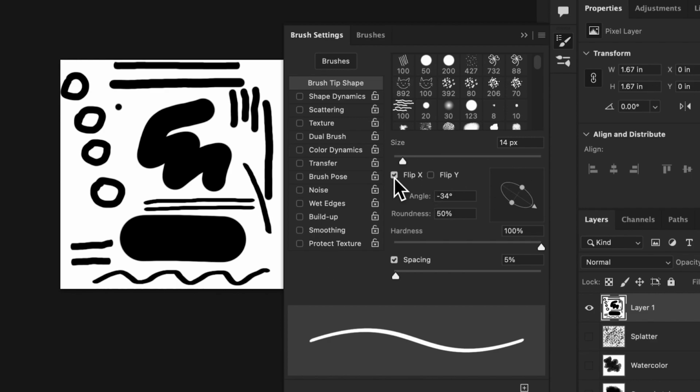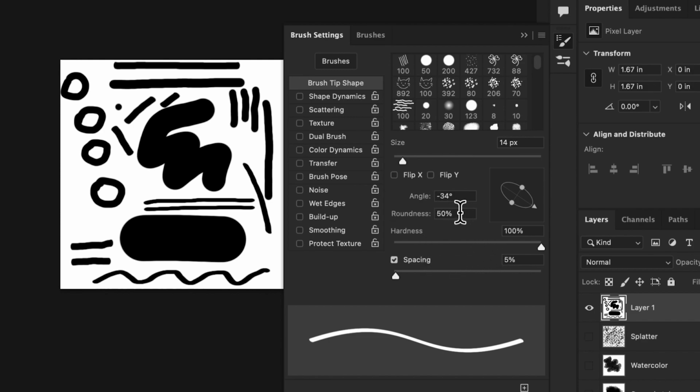Flipping X and Y will flip the direction that the angle is placed at. So it's a negative 34 degree angle, but if I flip it on the X, now it's that way. If I flip it on the Y, it goes back. This makes a lot more sense with more complicated brushes, and we're not going to use this very much.